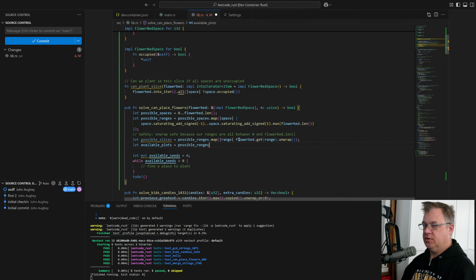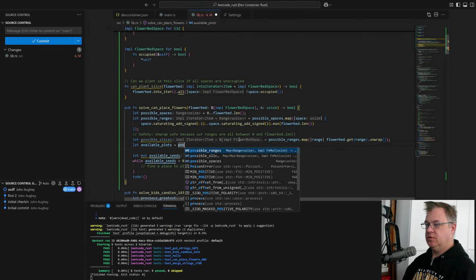Plots is our possible slices. Why does this not give me that? Possible ranges is an iterator of range. We're mapping this and we're trying to get the flower bed in that range. Oh. Yeah. And we unwrap because it's safe.